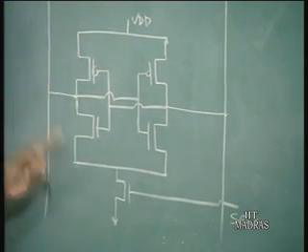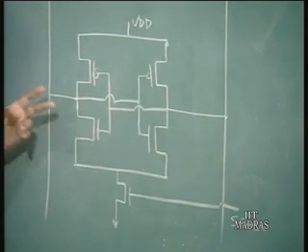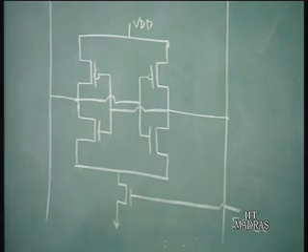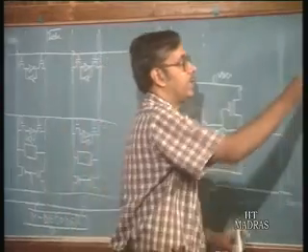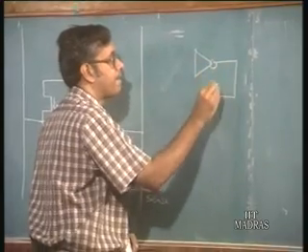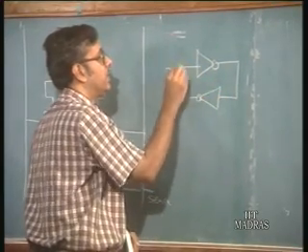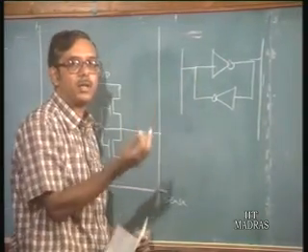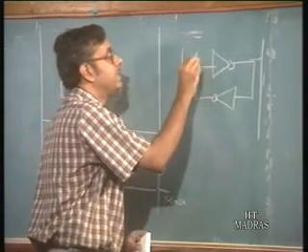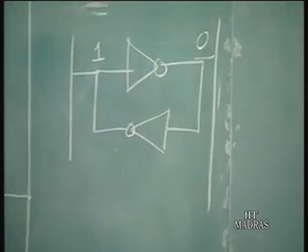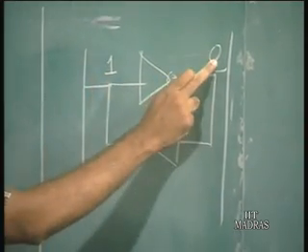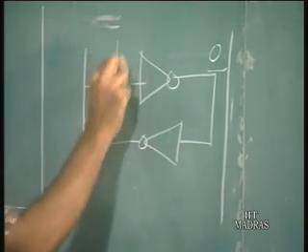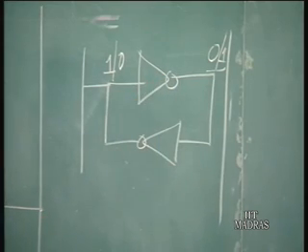Now, this is nothing but two inverters back to back. Now, if you have such a structure, basically two inverters connected back to back, like this. So, this is one inverter and this is another inverter, and this is connected to two lines. So, you can have two possible combinations. Okay. That is, either this is 1 and this is 0. Okay. So, if this goes to 1, this will go to 0, or you can have the other combination, this is 0 and this is 1. Okay. There are two possible combinations